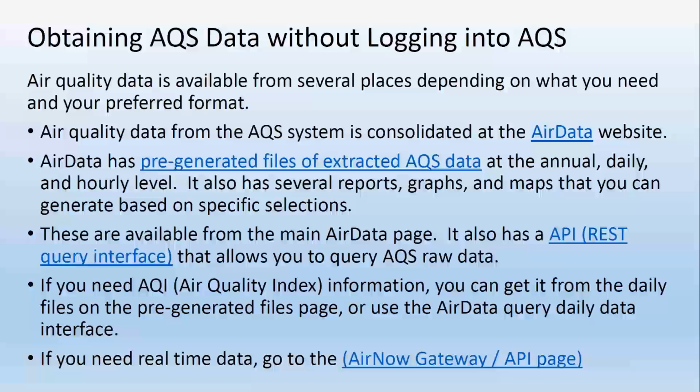And so one of the things we tried to do as a broader AQS team is make that data available in public formats that you don't have to register for. The Air Data website is one, and then we also have something called the API, which uses a format called REST and JSON, which is a much more modern way of getting data out. And there are links to where all this is. We have the AQI data in there too,